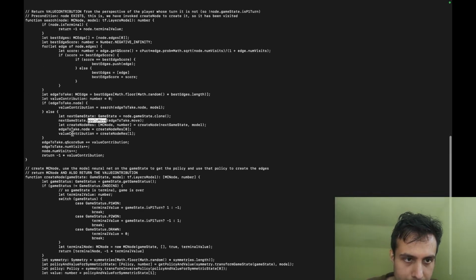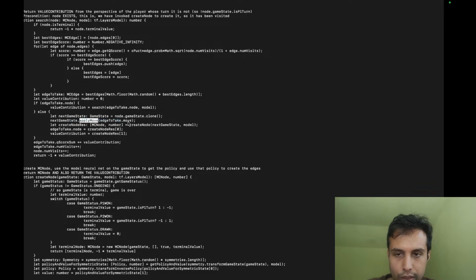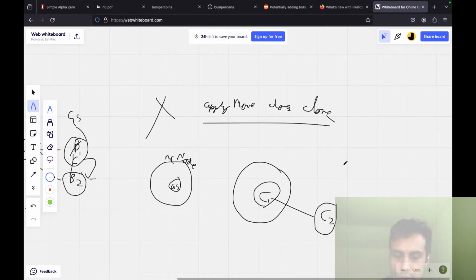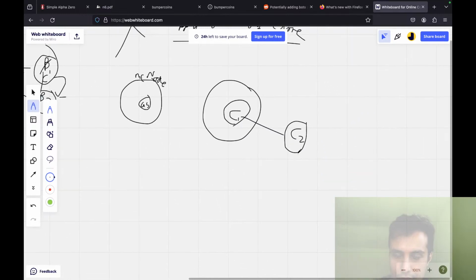Now we take the next game state, which is a deep clone, and we do the apply move. With this cloning proposal, what apply move does is create C3, store that, then take C2 and advance it to D1.